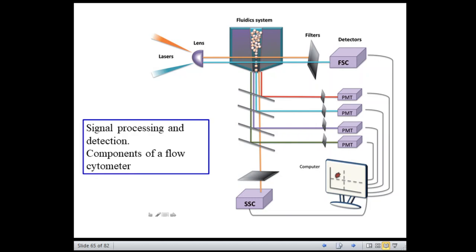Then the analog signal that is measured as an analog quantity is generated after the conversion of the initial light signal into an electrical current by the detectors. Then after this, the electrical current is amplified by two types of amplifier. So these are number one, linear, and number two, logarithmic.